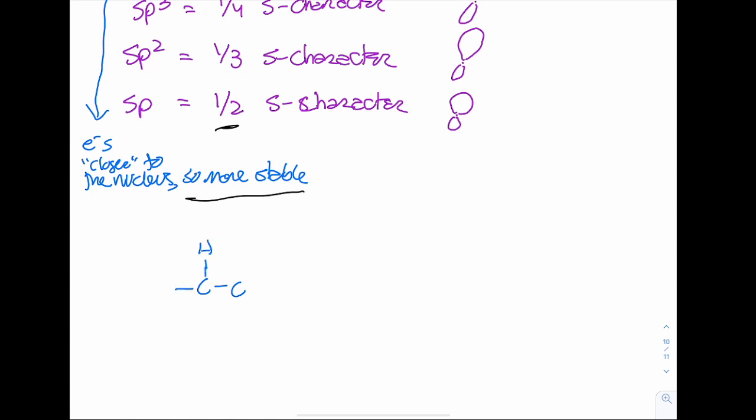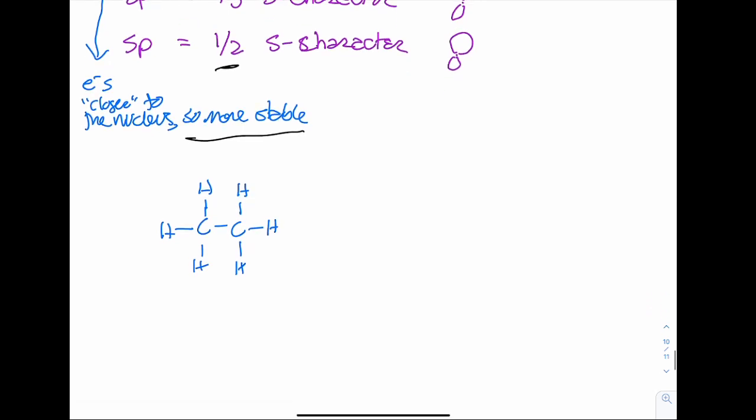This one, so CH3, CH3, just two carbons. I'm not drawing its geometry well. Usually I try to draw the geometry, so let's just do it so we're in the habit. Just because I draw it badly doesn't mean I want you guys to draw it badly. So my two carbons, hydrogen,